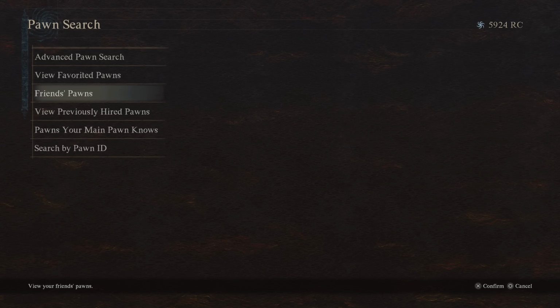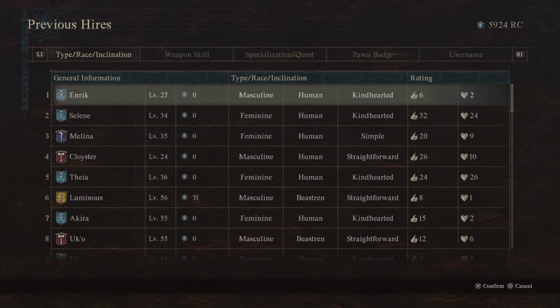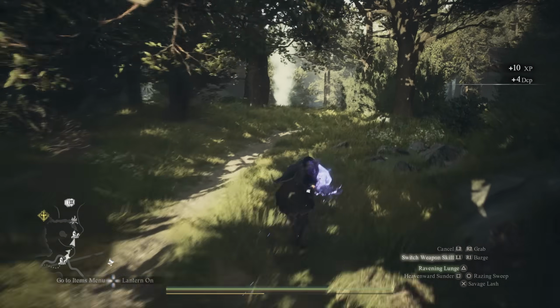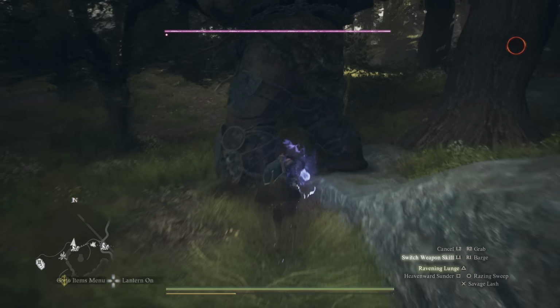No, you cannot repeat them. You will constantly have to find new pawns from new people. That's why the more players do this, the more it's going to help everybody out. So once you recruited a bunch of new pawns with the same Cyclops mission and the same 10k reward each,